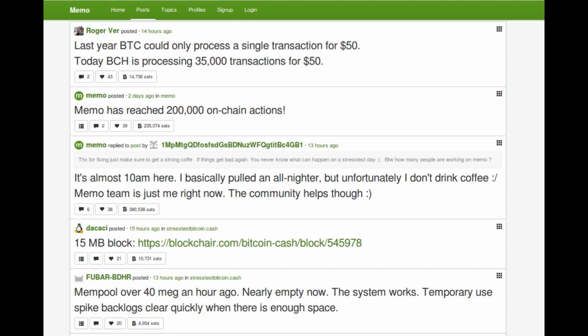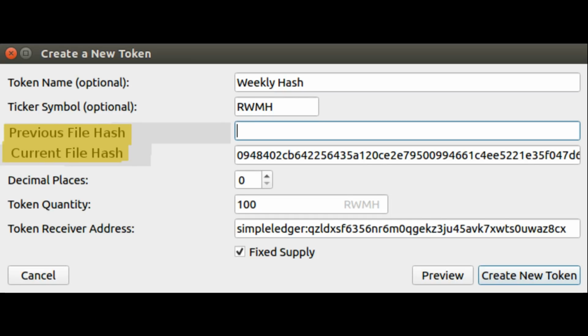But if you were to use something like hashes, then you don't know what the actual data is that you're putting to the blockchain, but you still know that it represents the original tweet. So what I've been saying that they need to do for Memo is quit putting the actual tweets to the blockchain, and instead hash the tweets every once in a while. So let's say every week. That's what we're going to do for our example here. So rather than hashing every tweet, you just hash once every week.